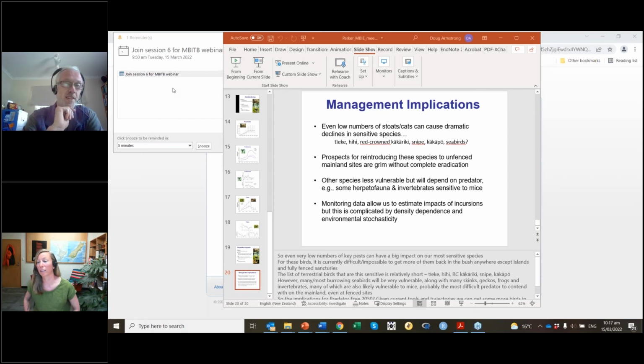Actually, I just saw that Matt, the Tāwharanui Sanctuary Manager, has written a comment for Doug. The graph of incursions cannot assume equal detection effort. Technology, mostly cameras and dogs, has massively improved our confidence in detecting invaders. How many invaders we missed in the first 10 to 13 years is unknown. Despite that, we are confident that the observed increase in invaders is real. So pretty much saying that definitely they've detected more with time. Invaders do seem to be getting harder to remove, or maybe those that evaded detection in the early days are just as likely to evade control tools.